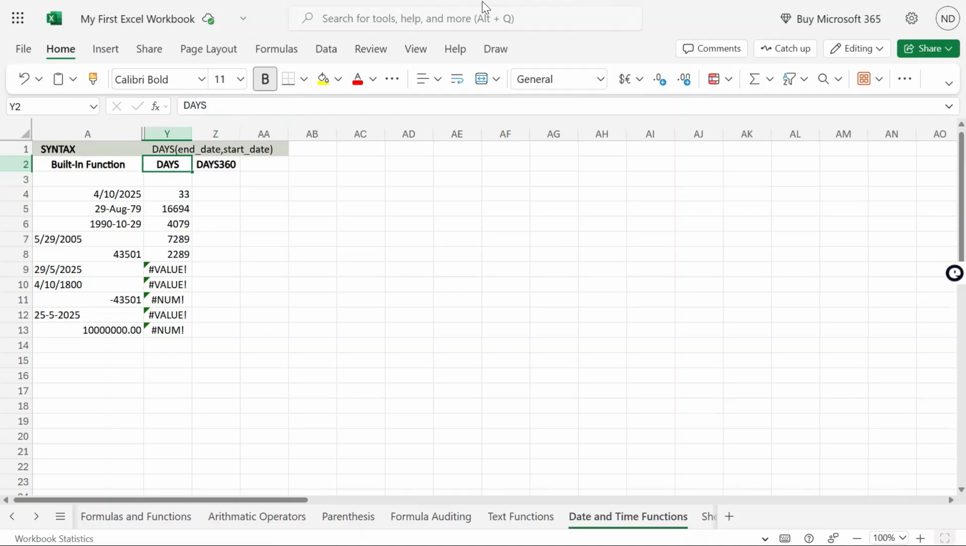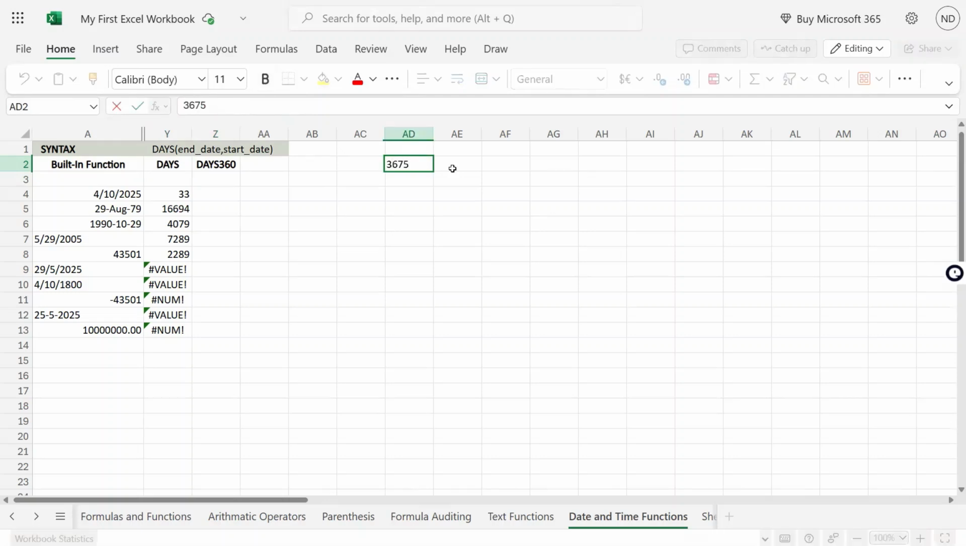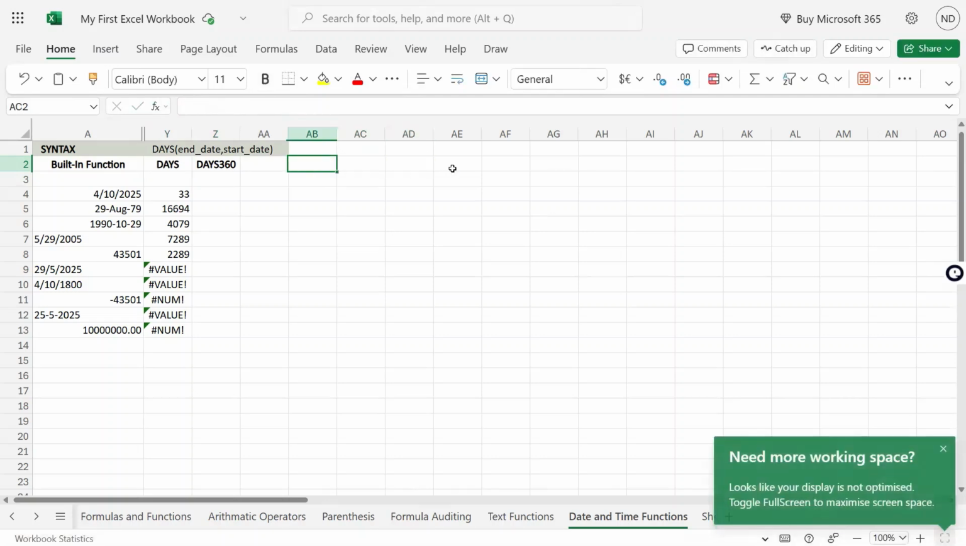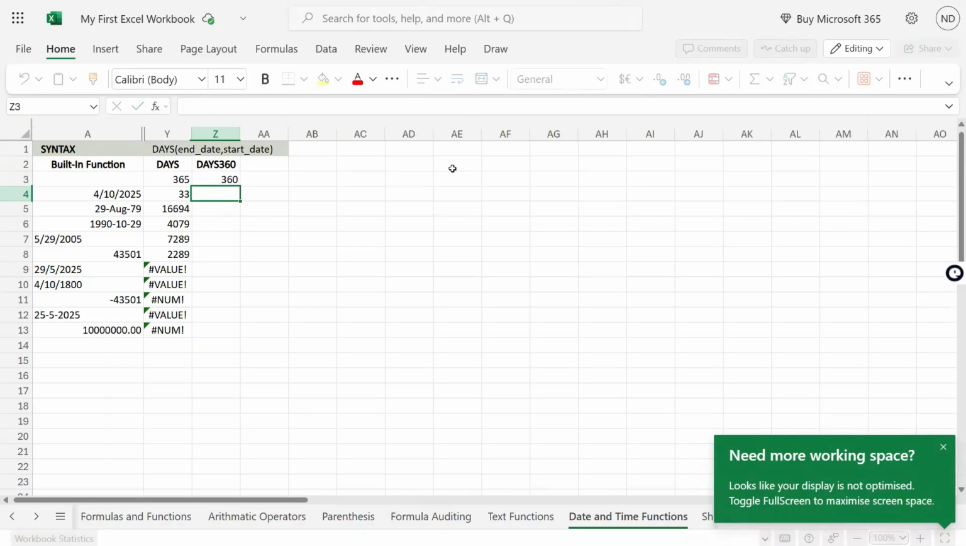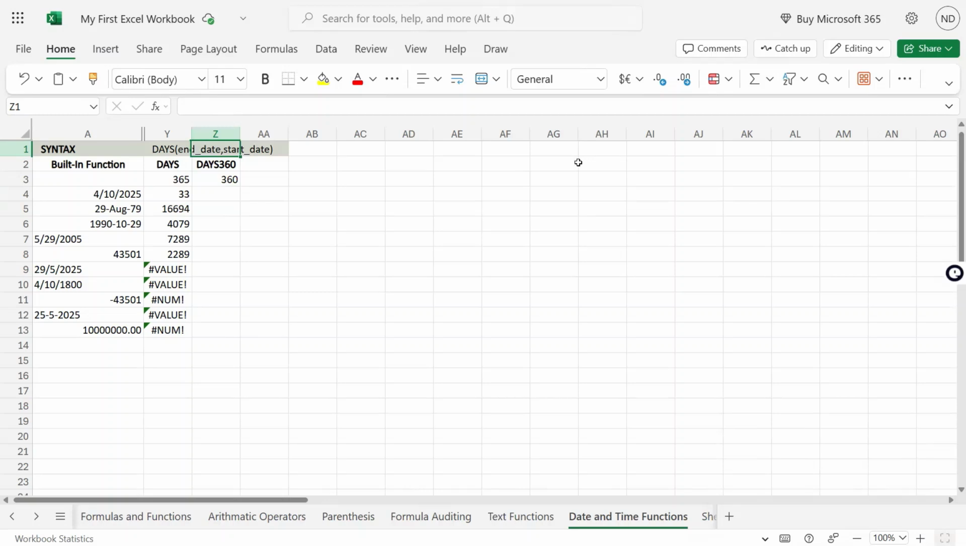DAYS relies on 365 days of the year. So when I'm talking about DAYS, it considers the year to be 365 days, whereas DAYS360 considers the year as 360. So it considers 30 days for each month, irrespective of whether it is a January month or February month. It considers every month as 30 days. Okay, so let's first understand what the